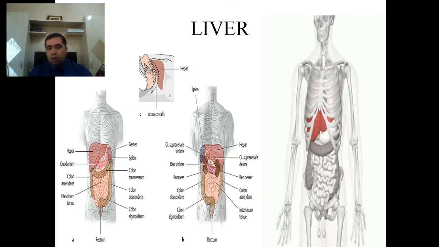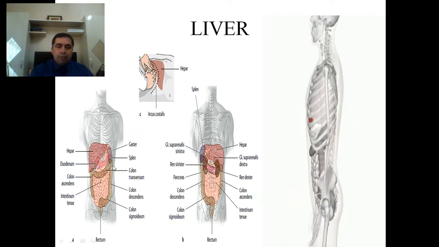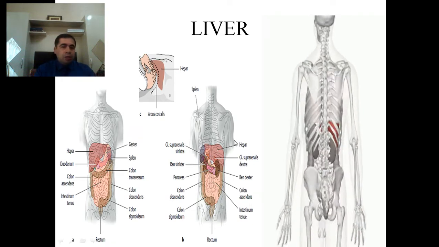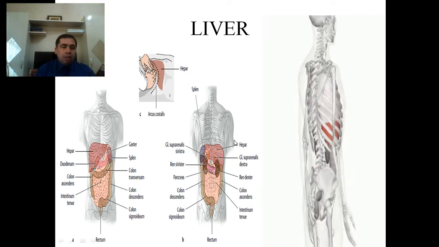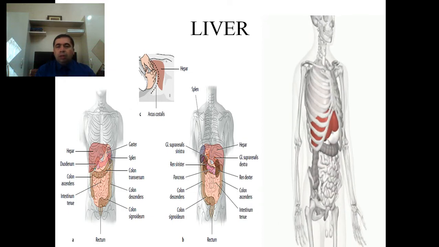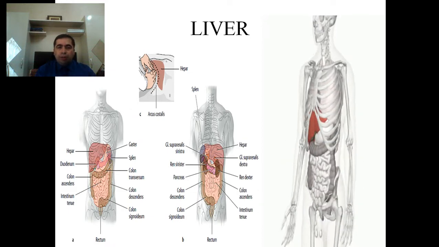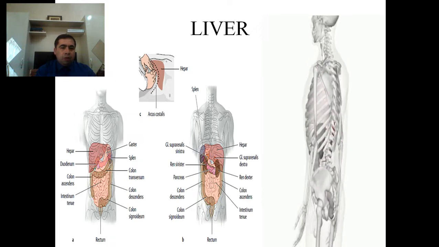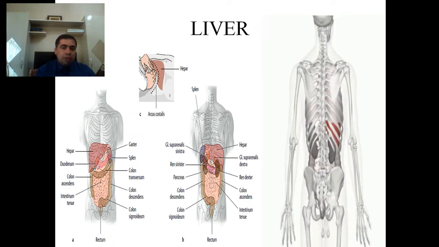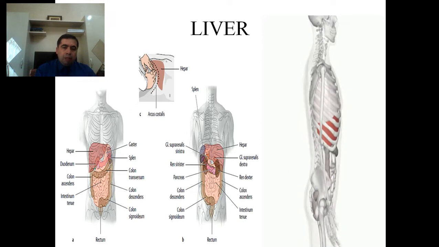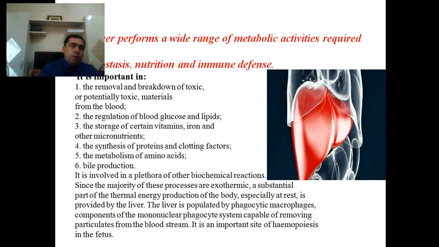In this slide you are looking at the liver from the anterior and the posterior projection. It shows how important the knowledge of the topography of an organ such as the liver is. Yes, we are studying the liver with the digestive system. It's true, because of producing bile, but the liver also performs a wide range of metabolic activities required for homeostasis, nutrition,